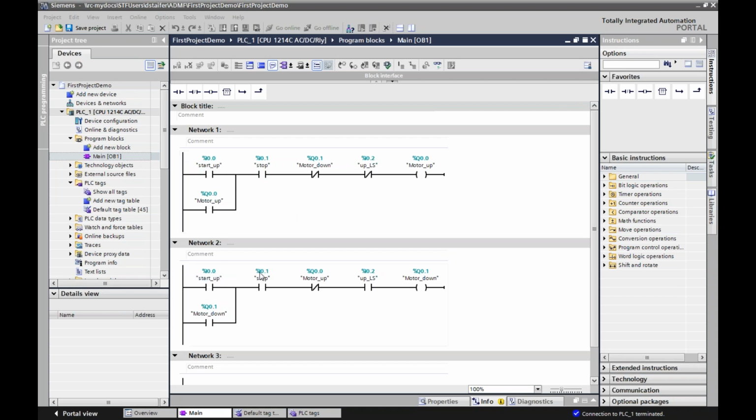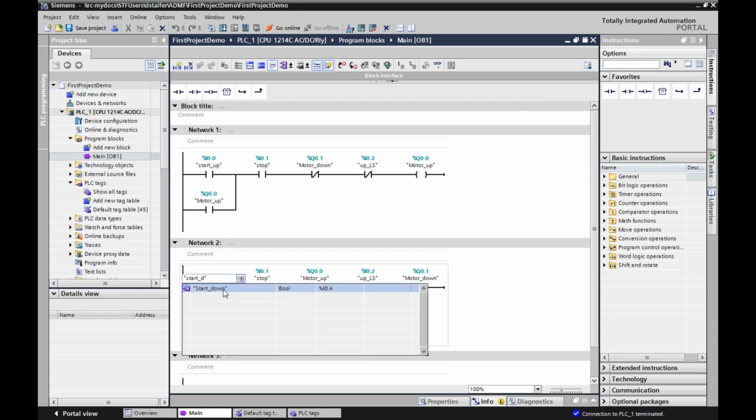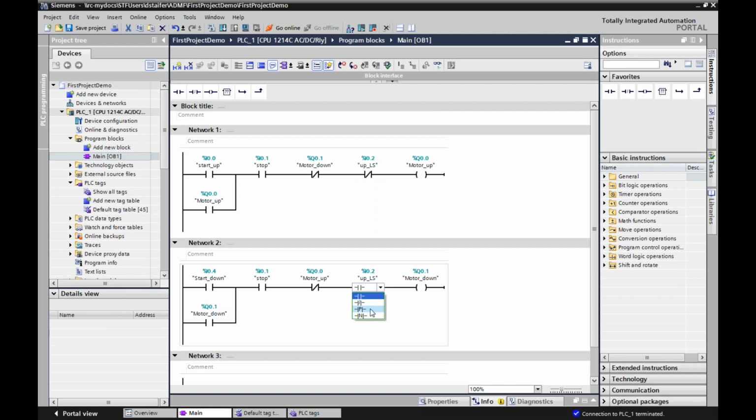So startups, and then I have a start down. So let me just show you this down. That way I can clearly show this. So there's motor up, motor down, start up, start. Stop is the same. Motor down is not running. Motor up is not running. But here, this is saying go up until you are all the way up. And if I do a quick change,